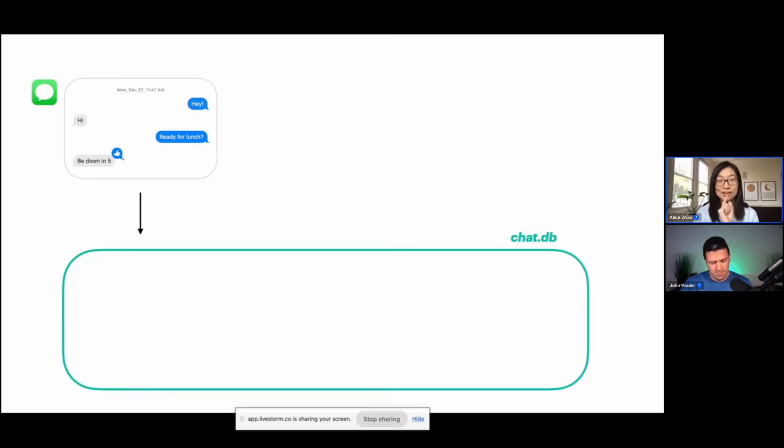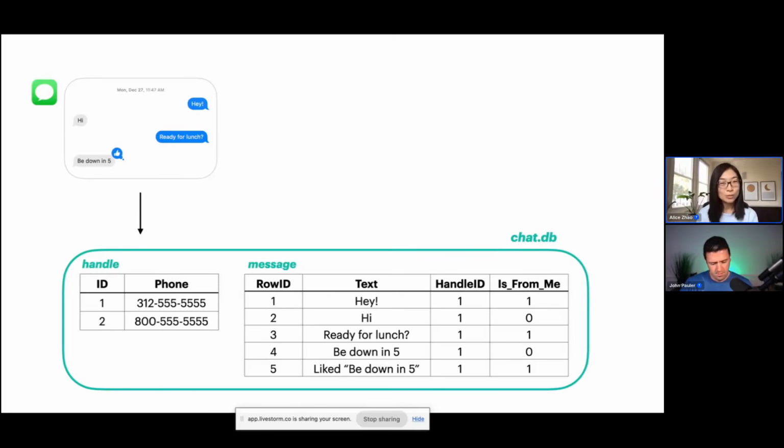That conversation is actually stored in a SQL database. If you're on Messages on your computer, you can actually dive into this chat DB that's on your computer. What's stored there are these tables: a handle table and a messages table. The handle table has information about every contact, and the messages table has information about your back and forth and what you've liked.